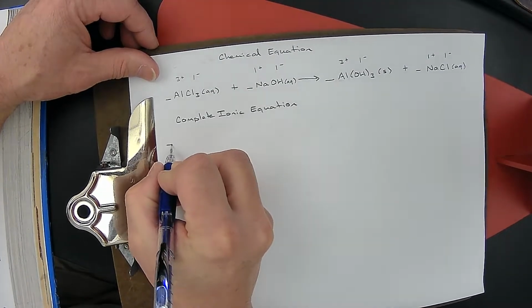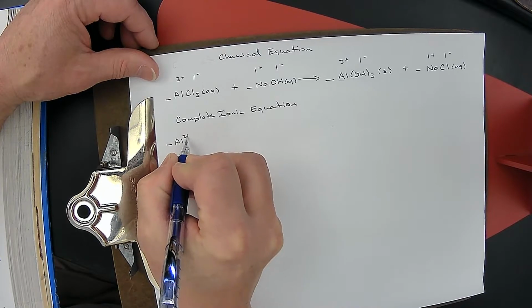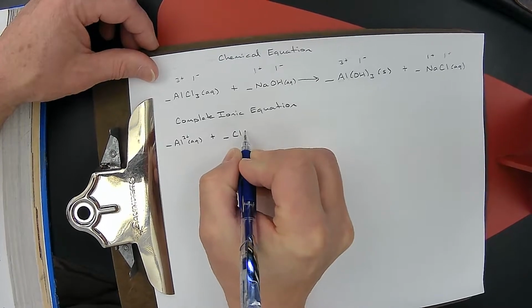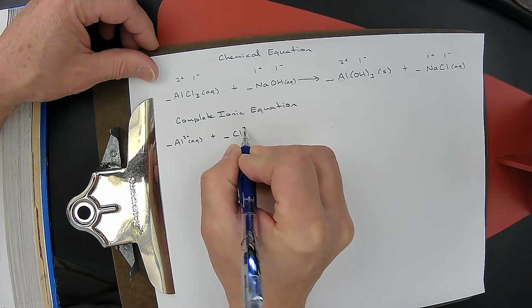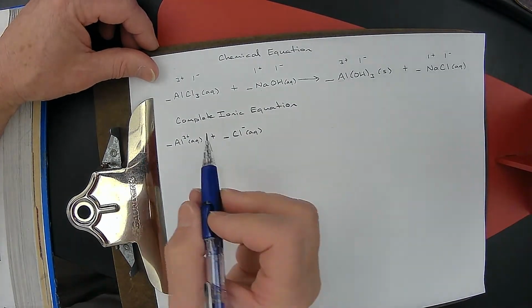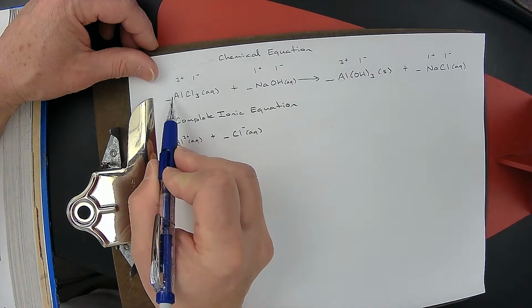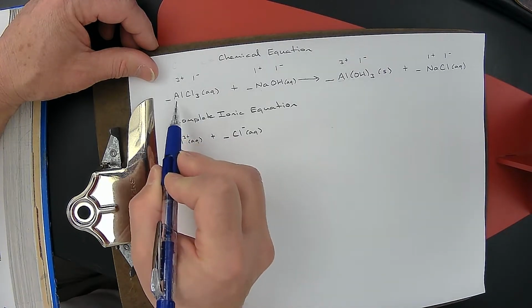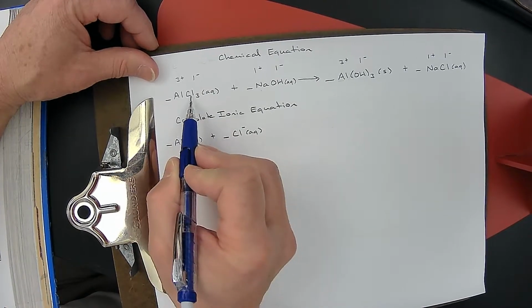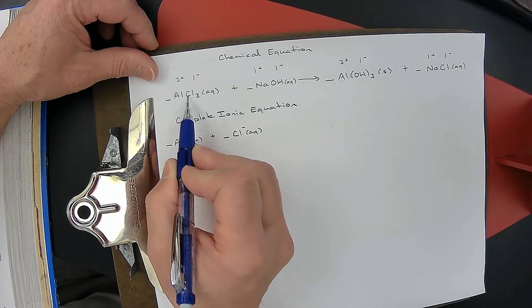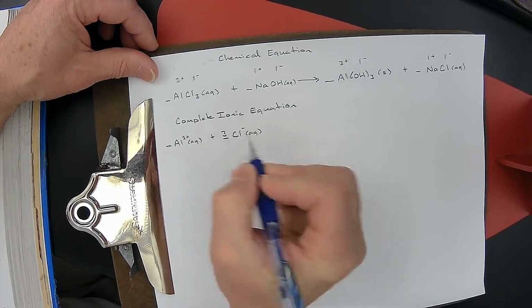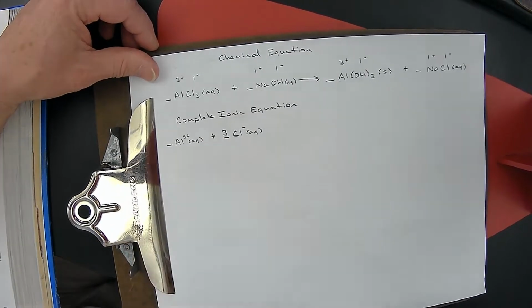So I'm going to separate the Al3+ from the Cl1-, and they are both aqueous. But here's something I want to point out that's very important. This one substance separates into one Al3+ and 3 separate Cl minuses. So when I write the equation, I need to put a 3 in front of here for every one of